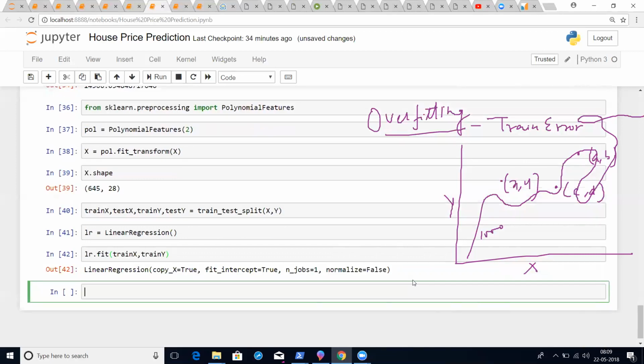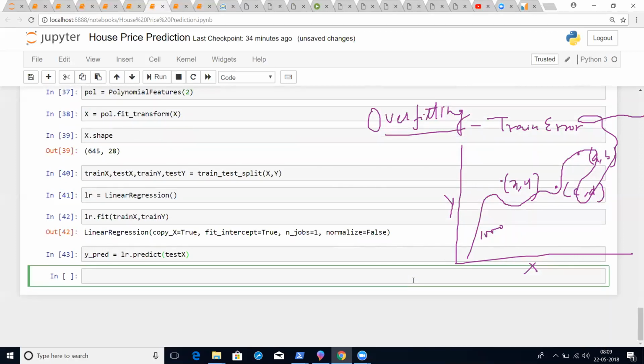Right? Then y_pred equals LR.predict on test x. Okay, so